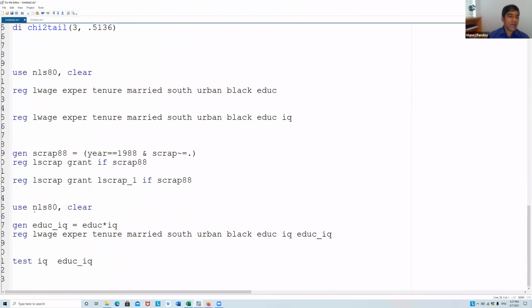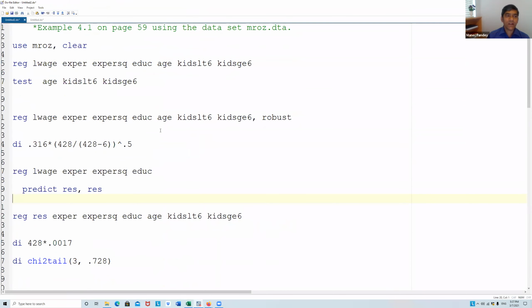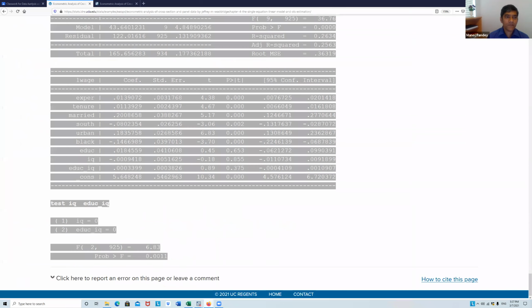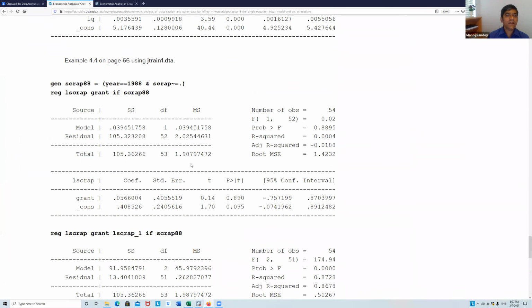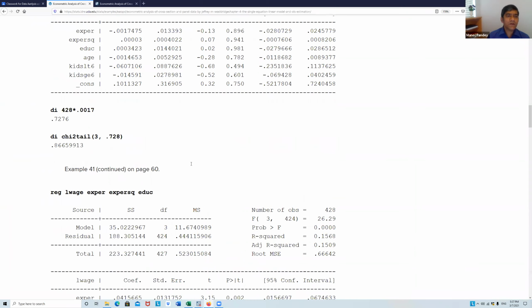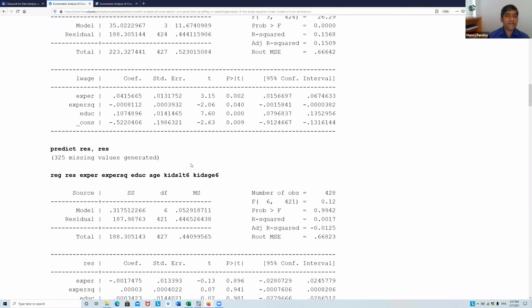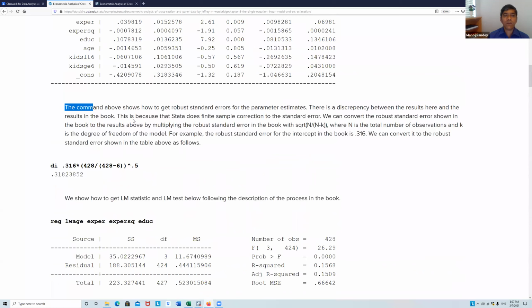So this is how you can run and you can understand that. When I did here, in some of the comments also, you can see the command shows how to get robust estimation and so on.